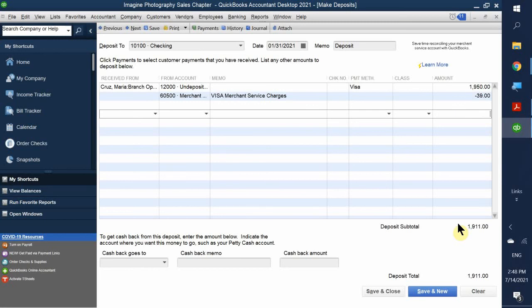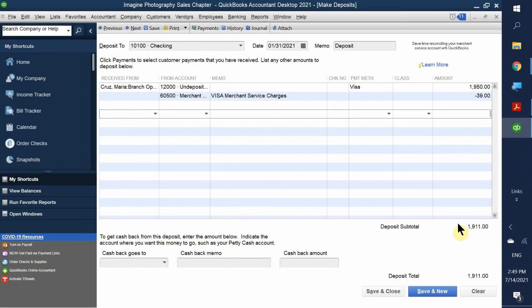$1,911 as opposed to $19.50. So that is how we use quick math, and this is how we also keep track of our records, because once again, our bank statement is going to show this exact calculation right here, and you're going to wonder, why is my bank not matching my check? It's because